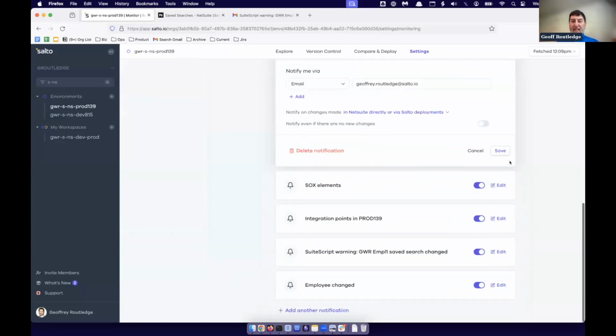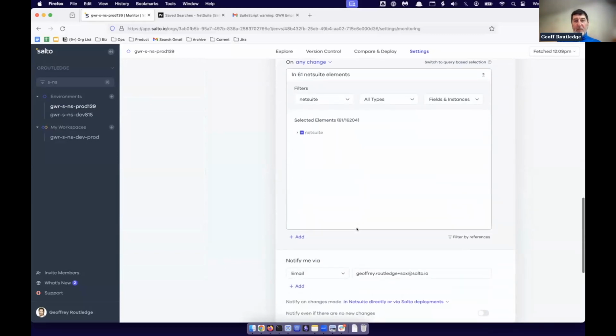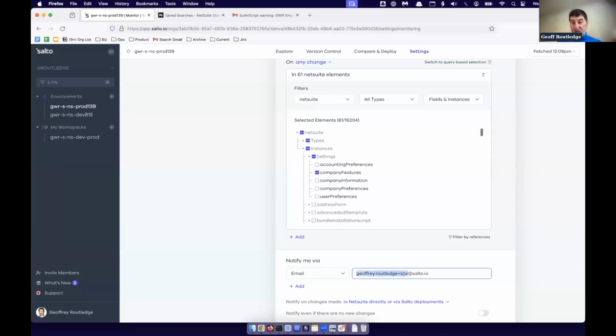The other ideas about changes could be things like SOCs. A lot of SOC teams might be very protective over certain kinds of elements. So I have some customers who determined that several of these elements are particularly sensitive when it comes to changes to configuration, and so the SOC team should be notified. In this case, I've just got my email address, but you can think of this as the SOC team's email